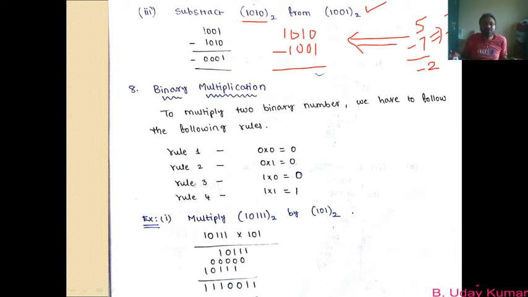So actually you have to subtract this from this, but you reverse the procedure. That means you subtract 1001 from 1010. If you do so, what do you get? Now the subtraction will be much easier, so please check it out. You know that 0 minus 1 is 1, and you can borrow 1 from the higher order column. Hence 0 will be there, so 0 minus 0 is 0, 0 minus 0 is 0, and 1 minus 1 is 0. This is what you get. And since you have reversed the procedure, whatever answer you get, you keep a minus before it, so that will be your answer.